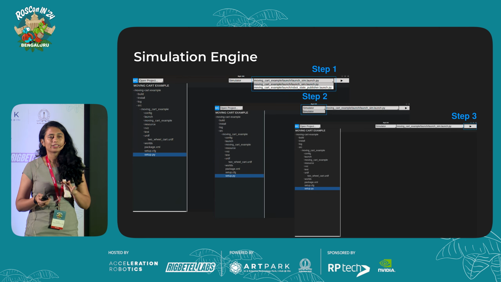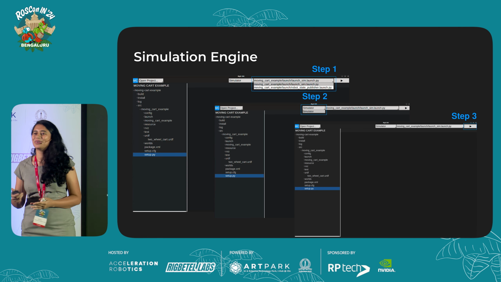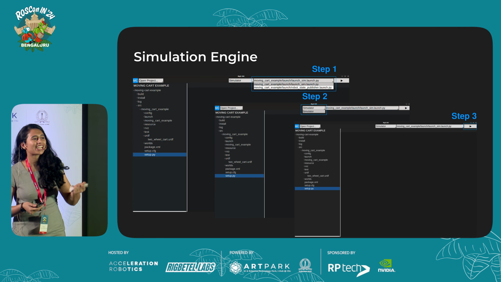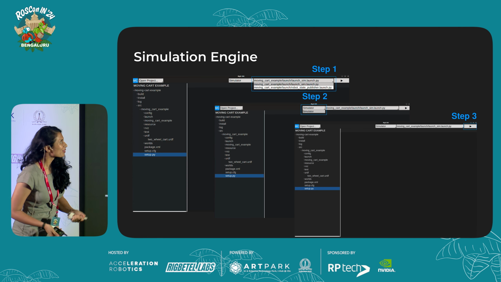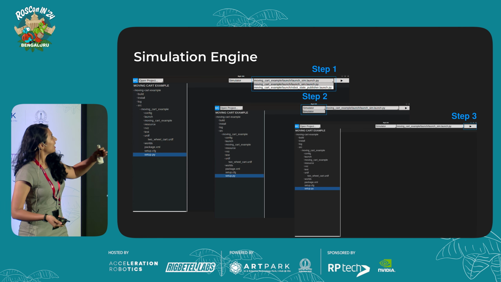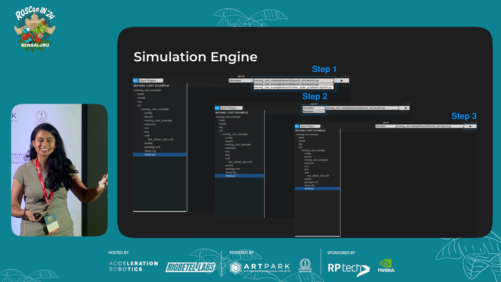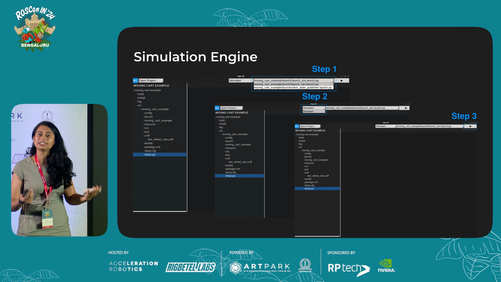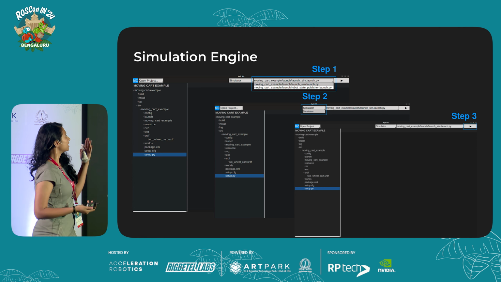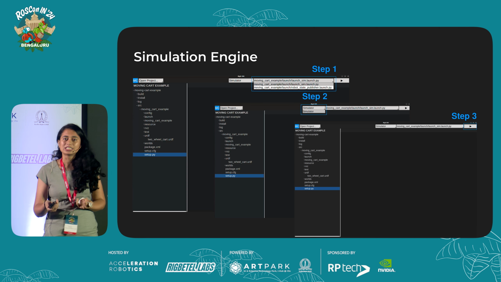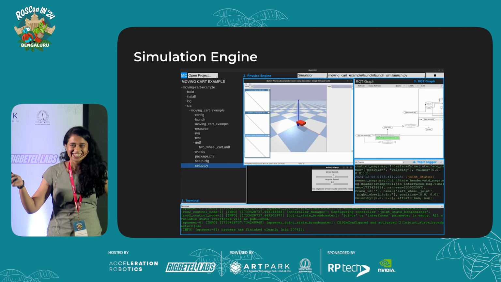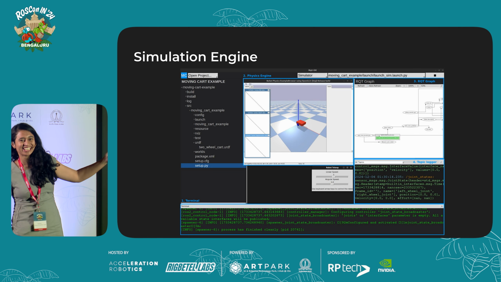Again, this is another pain point for all of us as developers, as engineers trying to deploy a robot into production. So the entire flow is going to be like this. You select your launch files, which are automatically detected from your workspace, and you select whether you want to run it on your simulator or any other plugin you want to add on, and click on the run button. Voila. It can happen in a window, guys.